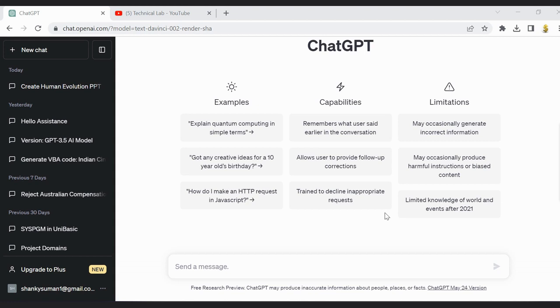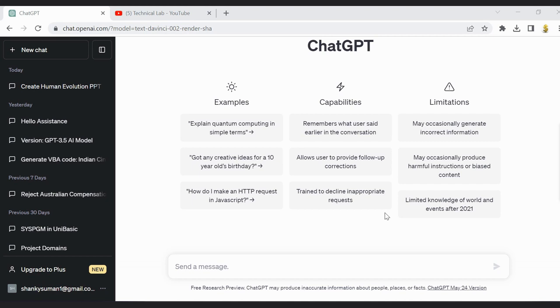We have already discussed there are a lot of advantages of using ChatGPT. It can help you in your day-to-day activities. It can help you write an email. It can help you create documents, or it can generate the contents for you. So there are a lot of things it can do. But apart from that, today we are going to see how it can help you also to create a nice